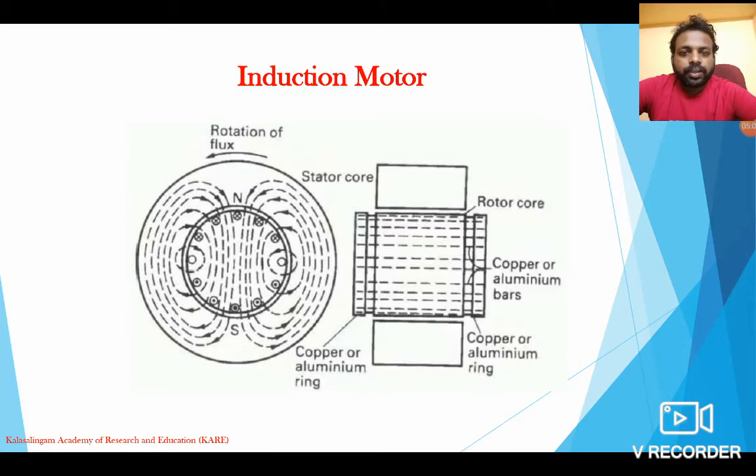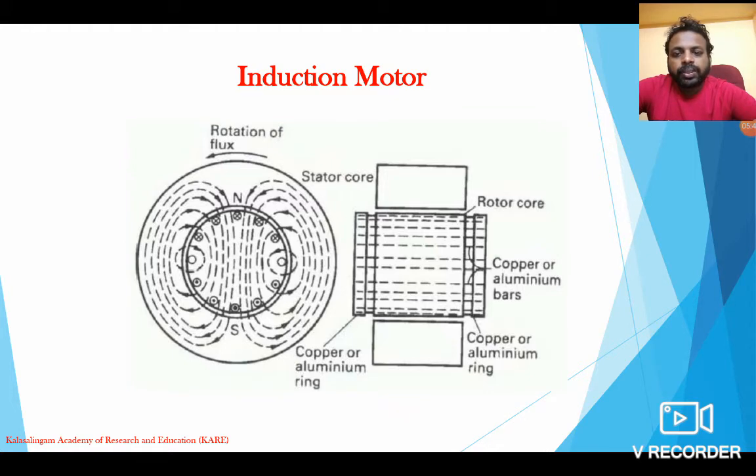The only difference in induction motor is that in AC kind of motors we have a stator, right? So the stator has stator slots, not pole shoes. The AC motor has stator slots as well as armature slots. So between the slots we have a field winding as well as armature winding. From the figure, in the left side image, you can see the outer portion is the stator. The stator has stator slots. Over the stator slots we have n number of field windings, right?